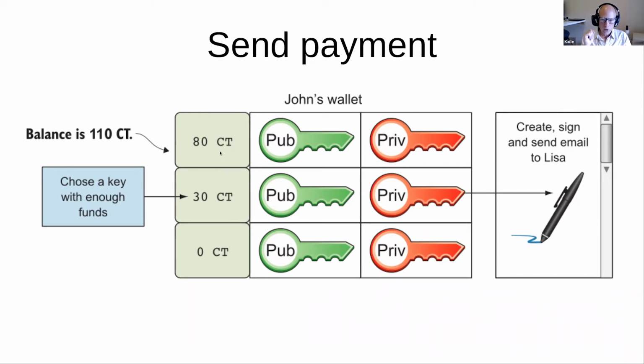So when John hits the OK button, yes, I want to send 10 cookie tokens, then it's the wallet's duty to select a key pair to send the money from. As in this case here, the wallet will choose this key with 30 cookie tokens in it, and then create, sign, and send an email to Lisa. And when this message is sent to Lisa,